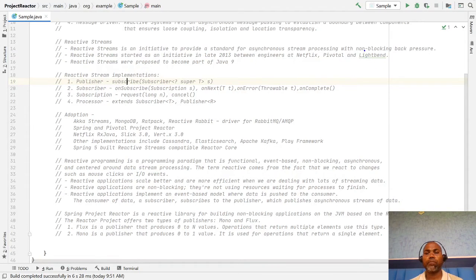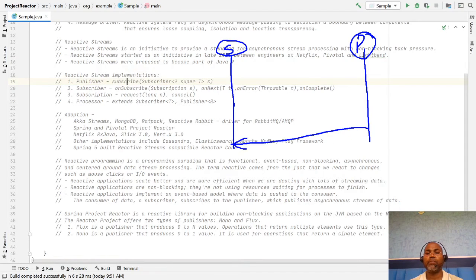One is the publisher, which publishes the data, the stream of data, and one system or multiple systems are the subscribers, which are consuming and processing the data. Here what I'm trying to say is, the first thing we have to know, we have data,